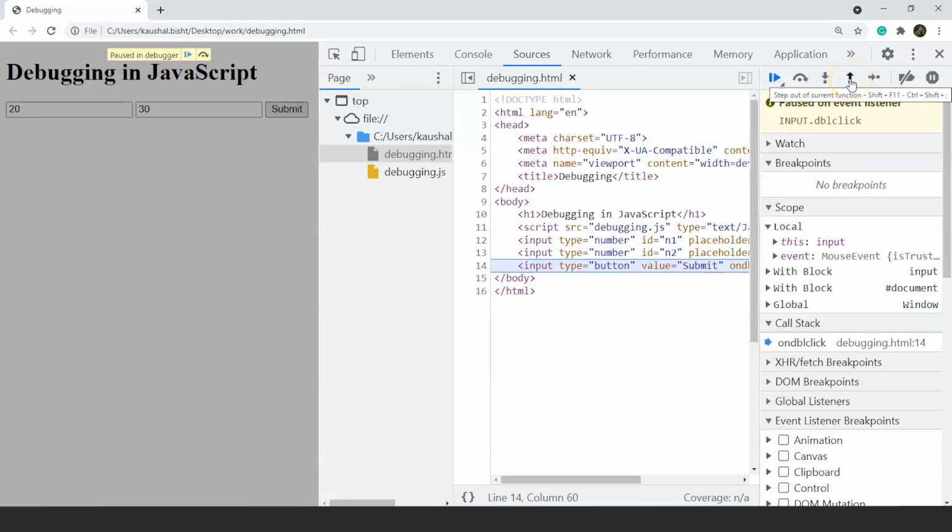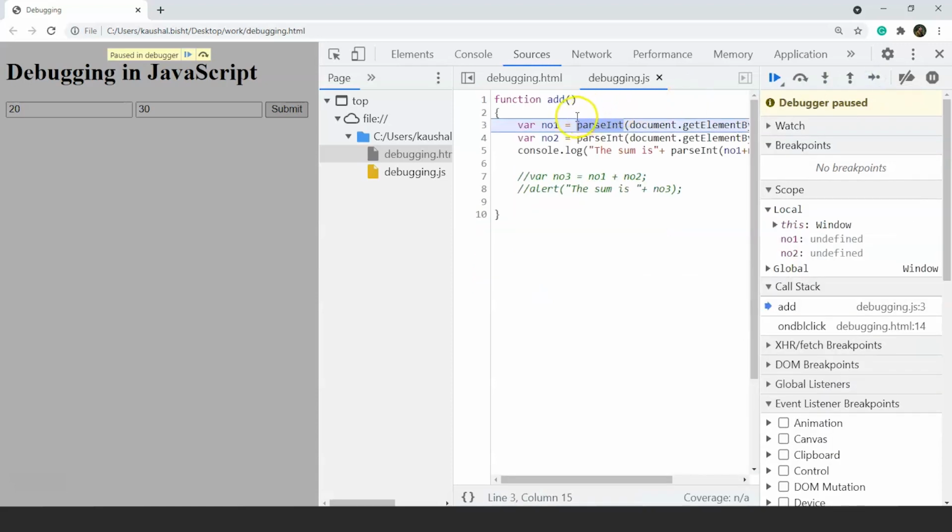And then we have step out of the current function. It will take us back to the initial function from wherever we are. Now the last option is the step option and it takes us a step forward in the program. Fine. Now click on this step function again and again. So when you click it once, you can see we are in the next part. So this is the next line which will be executed in the program. Click on the step again and you can see we are going for the step by step, right?